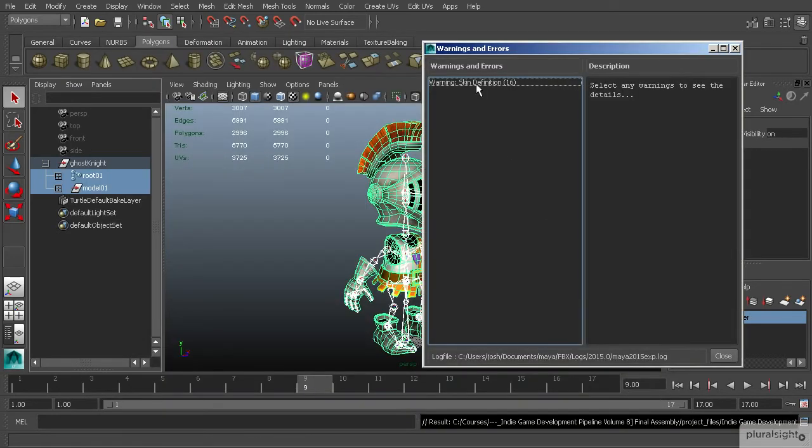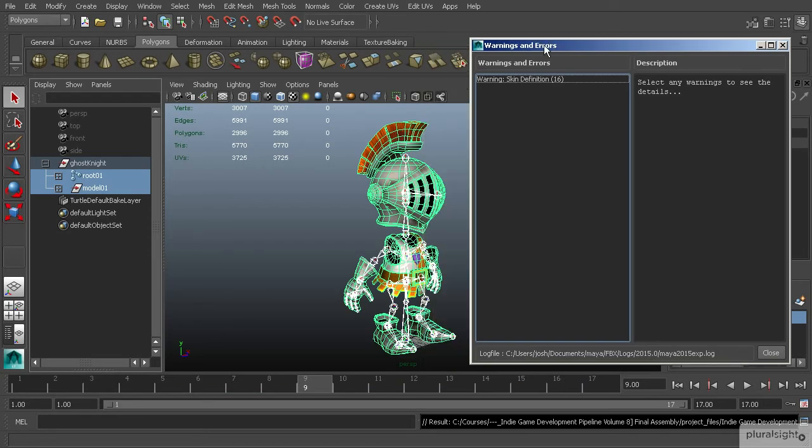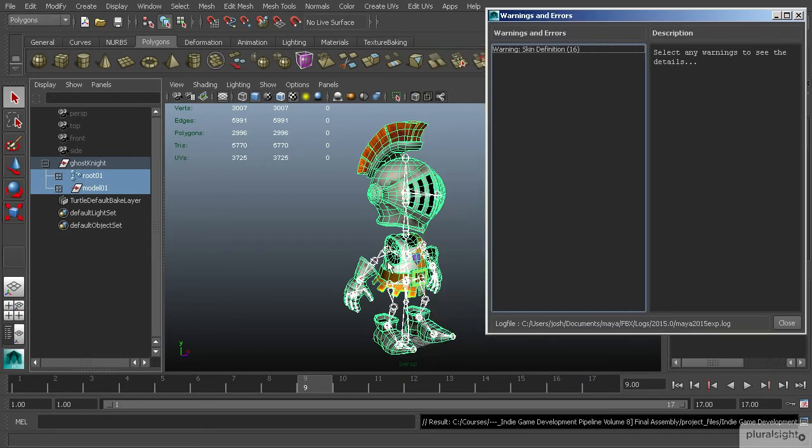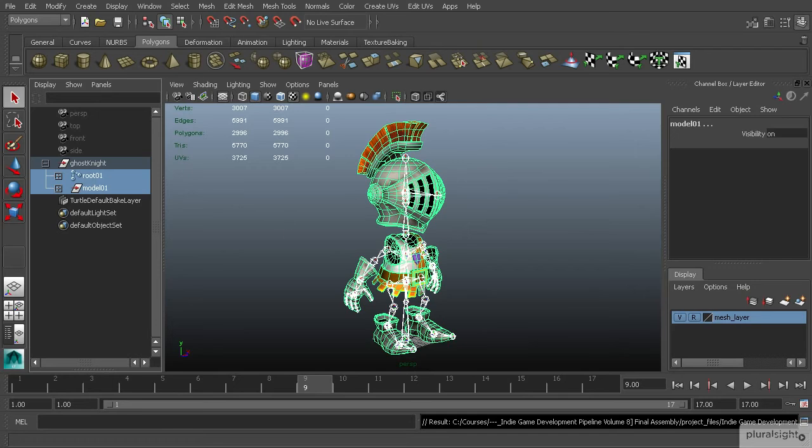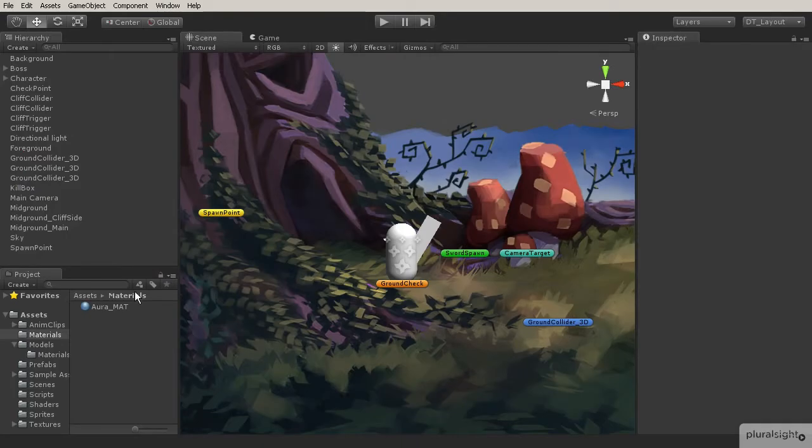We're going to get a warning asking about skin definitions. The reason we're getting this warning is because we have some bones that aren't really influencing any vertices on any of the models, and so it's going to give us that warning. We can go ahead and look past that because it's going to work just fine. So hit close, and then we'll bring up Unity,